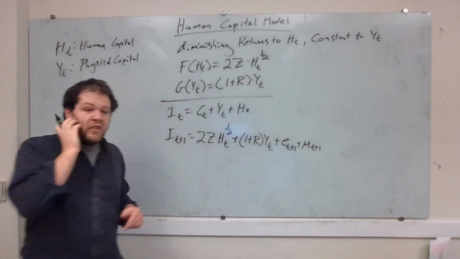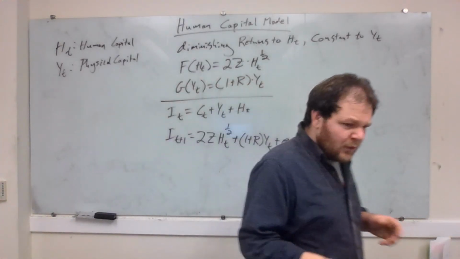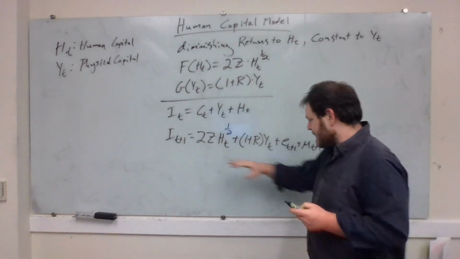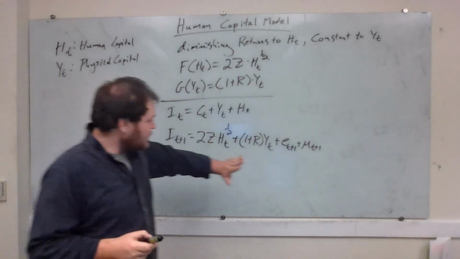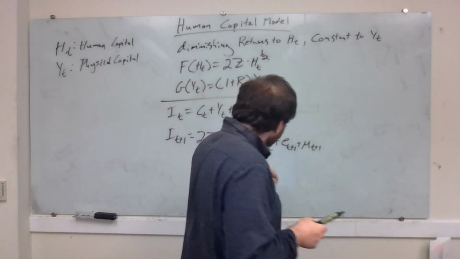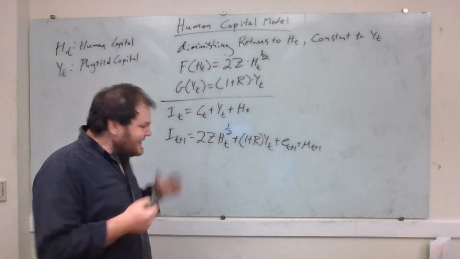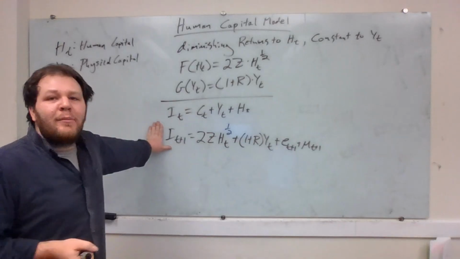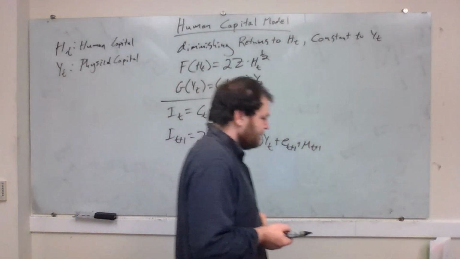Okay, so this is already looking like a huge mess, right? This is terrifying. So how are we going to go about trying to figure out what the parent's going to do? How much ought you invest in human capital? How much ought you to invest in physical capital? The way that we can simplify this problem considerably is by saying, let's say that the parent decided how much income they wanted their kid to have in the future, right? They picked a value for IT plus 1.